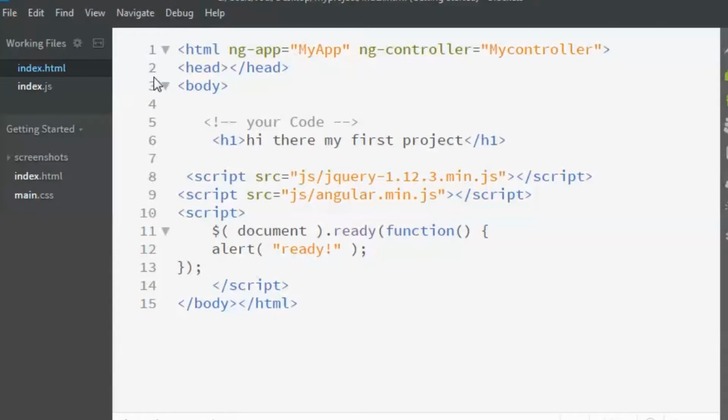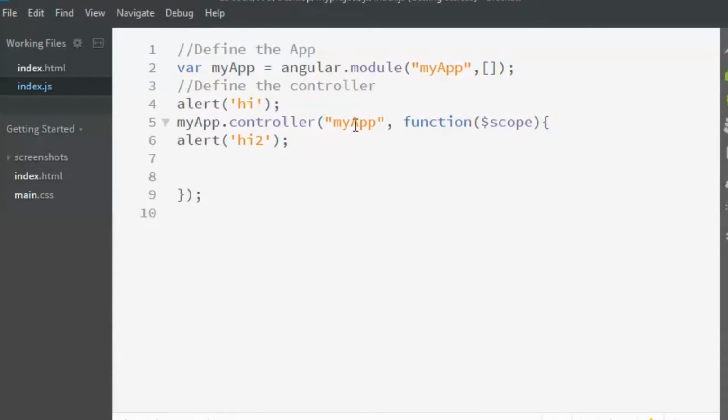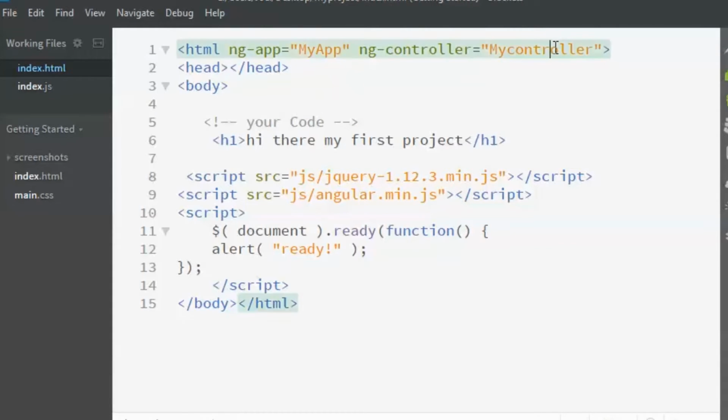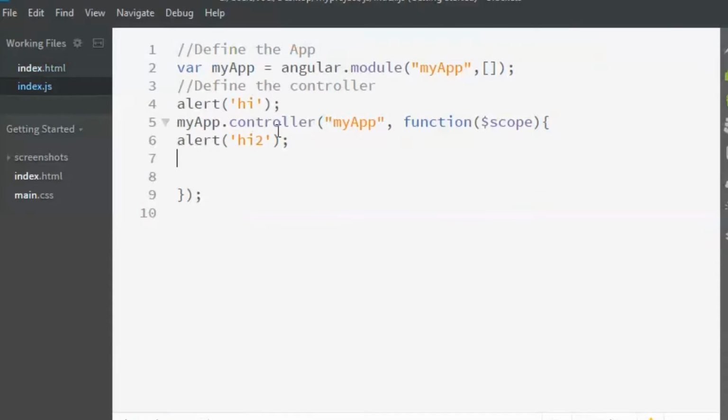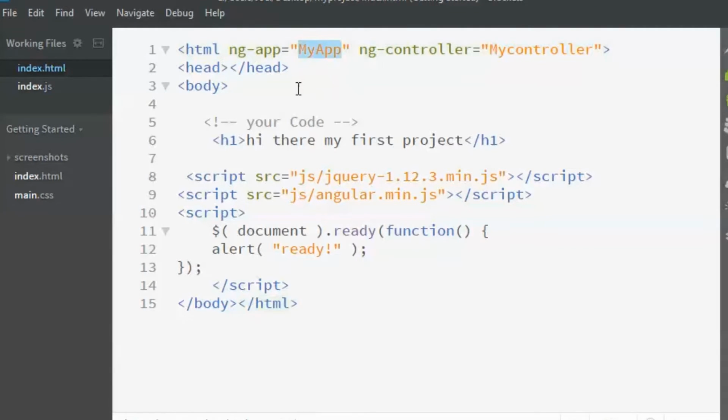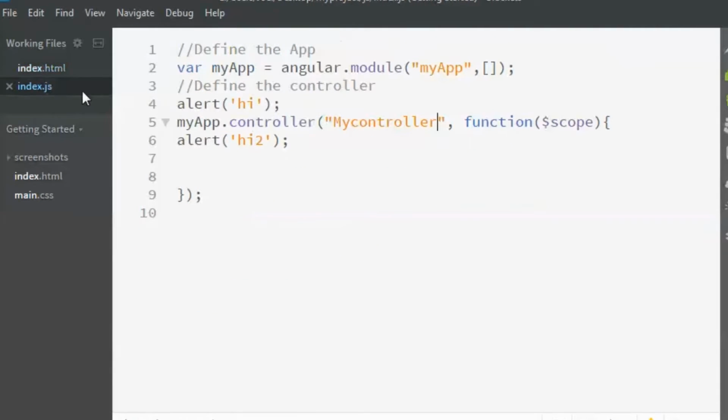I have included my app and my controller, but the name does not seem to be correct, so I'm going to put in my controller over here in the JS file. My app is already correct, but the spelling is wrong. You see that the M is capital here and here it is not, so I'm making sure that everywhere it is the same.